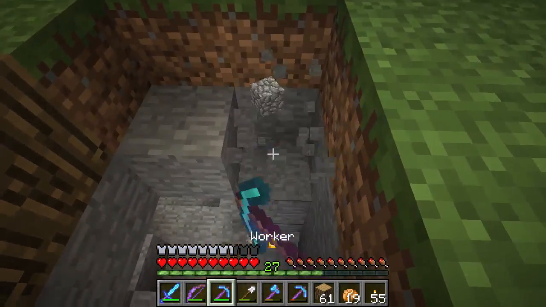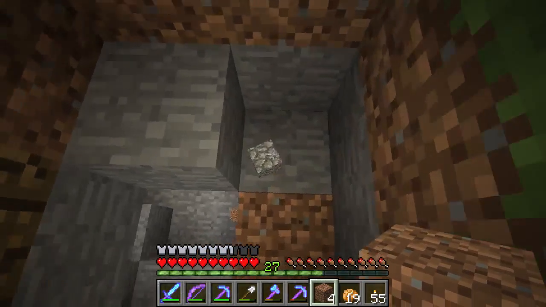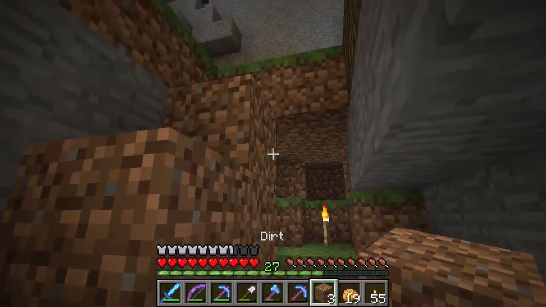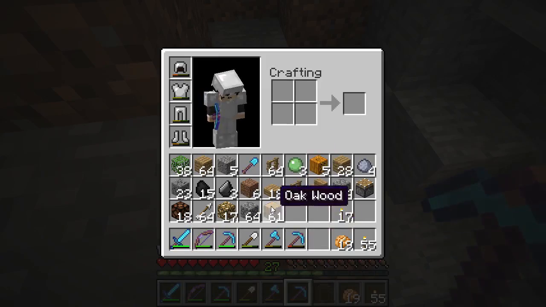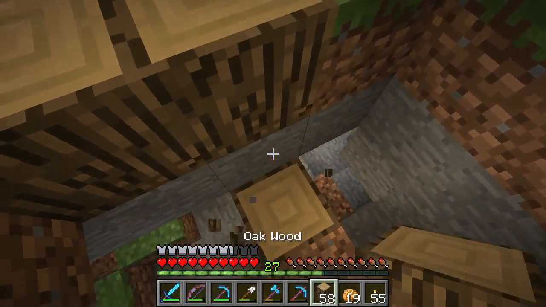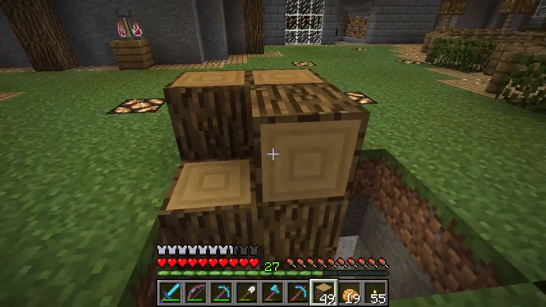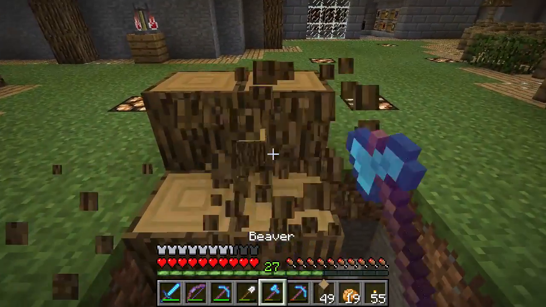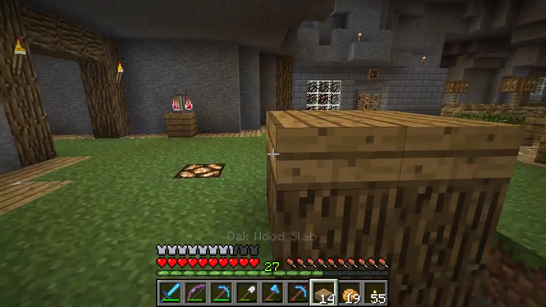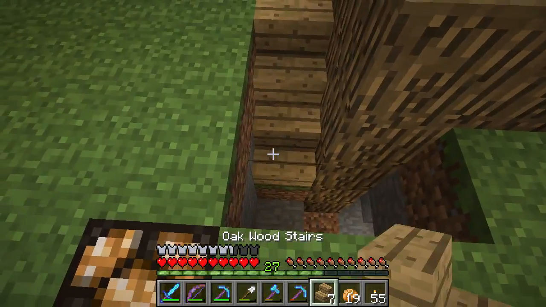So we want to go down a little bit like this, and then down another block, and so forth, around this 4x4 that we've got going on here. Let's just bring it up like so, and fill in this, and we'll probably just make it come up to about here. Might put some slabs on the top. Yeah, that doesn't look too bad. And I do have some stairs on me, so we can